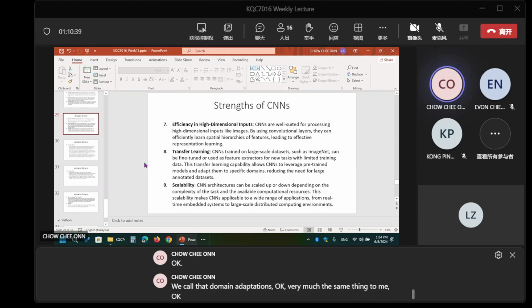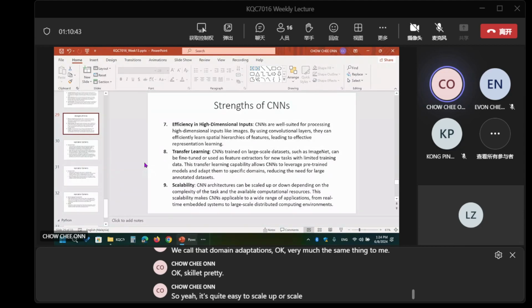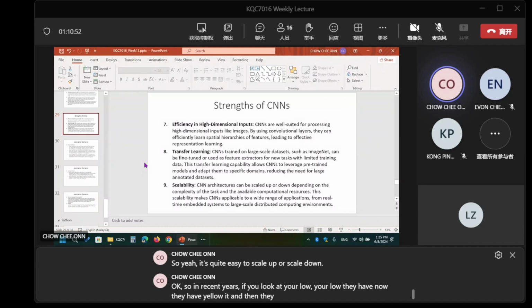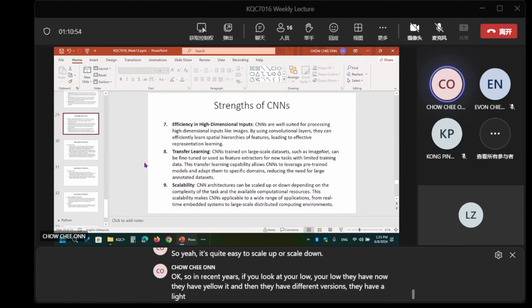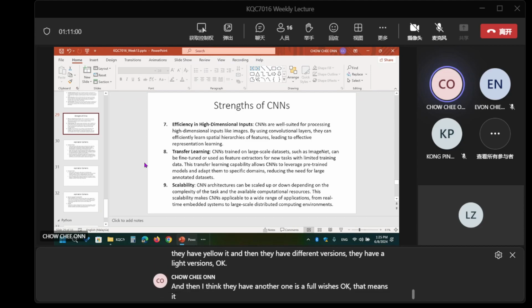Scalability: it's quite easy to scale up or scale down. In recent years, if you look at YOLO, they now have YOLOv8 and different versions. They have a light version, and I think another one is a full version. It depends on how complex the task is that you want to do.